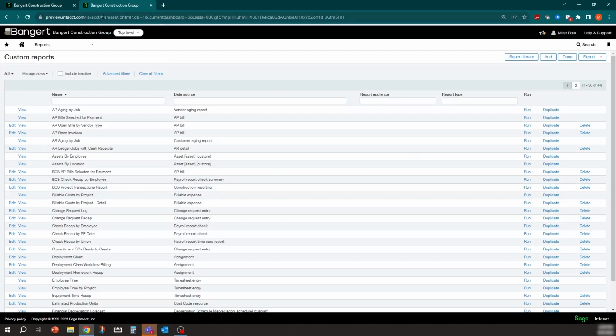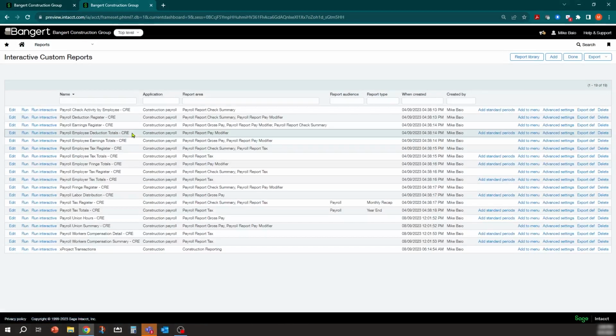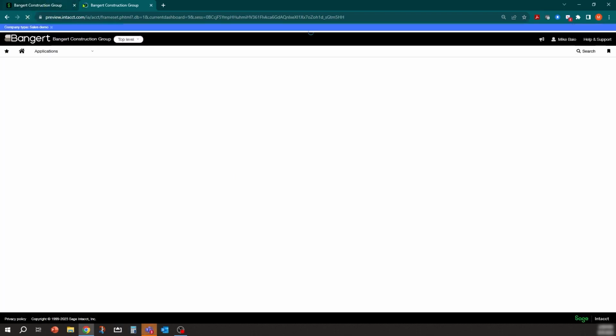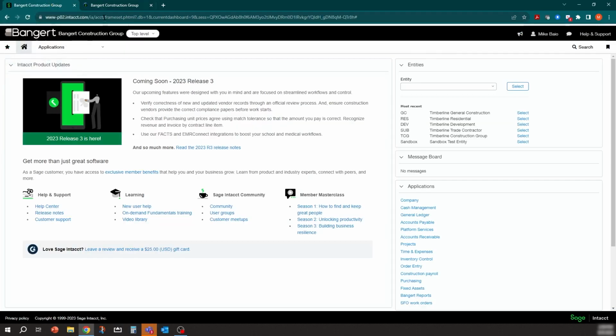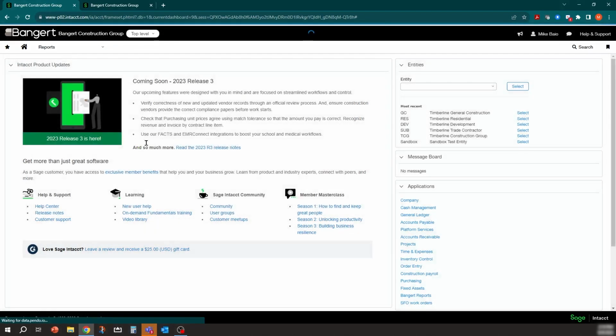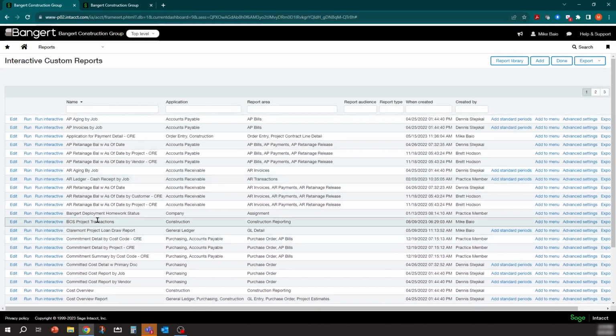And the best way to show you that is really to take a look at the ICRW area, because that's where you're going to really fully utilize this new structure. So again, just like the custom reports, I created one already called project transactions. If we click edit, sorry about that. Let me refresh that as well here. Oh, I know, I'm in the wrong data folder. Let's go into reports, interactive custom reports. And I think I called it BCS project transaction.